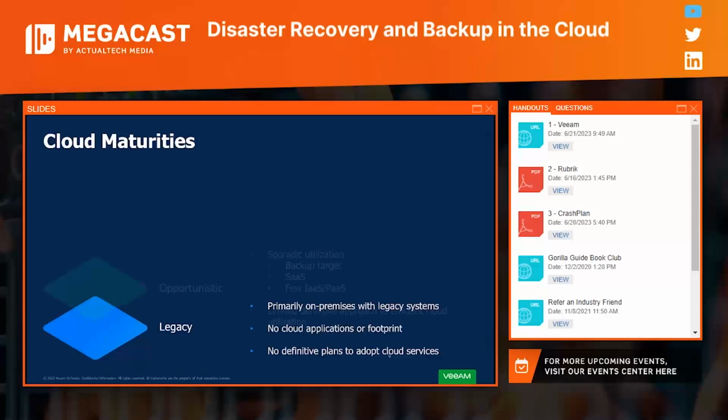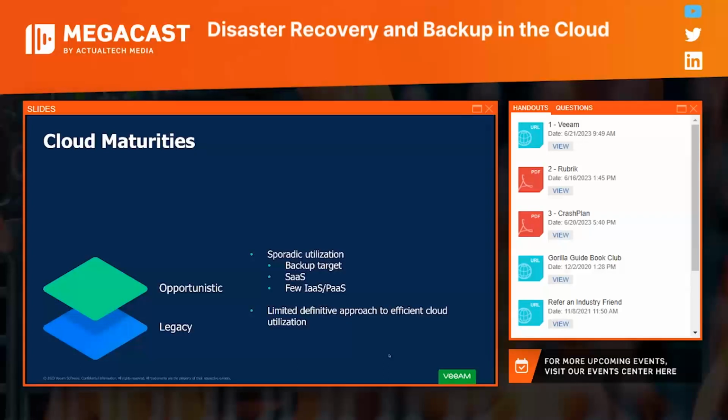Next up is the opportunistic folks. So they start having this sporadic utilization of public cloud, right? Primarily, we see that as a backup target. We've got multiple different tiers of object storage available across all the different vendors, not just AWS, Azure, and Google Cloud, that offer this seemingly infinitely scalable backup target that can be ridiculously cost effective and take away what was a capital expenditure on premises to something that's more manageable as an operational expenditure, billed monthly in arrears.